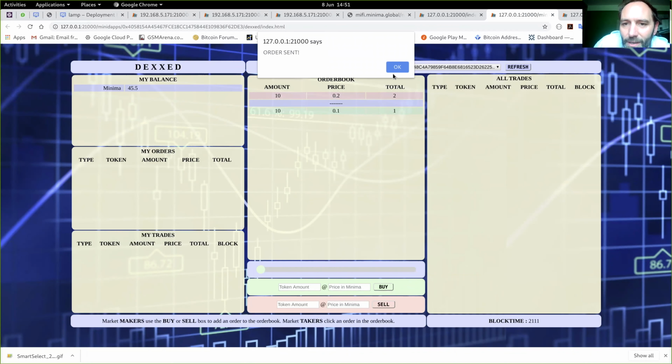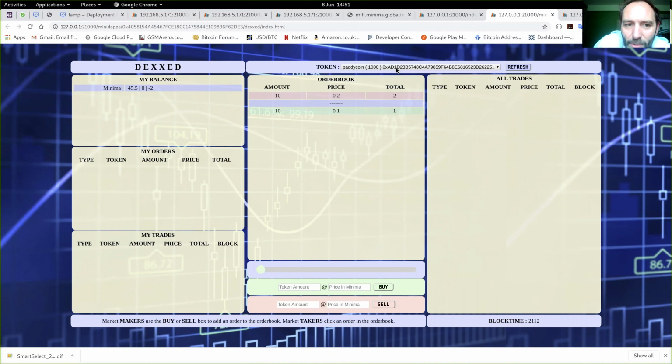Boom. Order sent on the network. Okay, boom, boom. It's in the mempool. I mean, I could make it update much quicker and I could do lots of things. Like I said, 3 days work, lads. Actually, I'm quite impressed for 3 days work to get a sort of fully functioning DEX. Probably because Minima's tokenization is so powerful and wonderful that you actually managed to do that, but